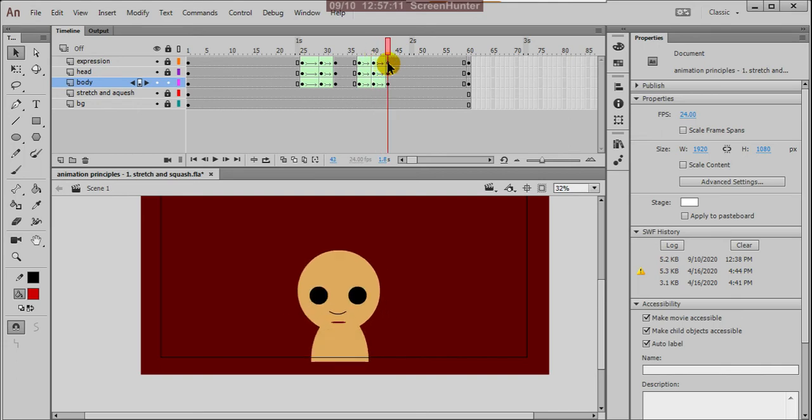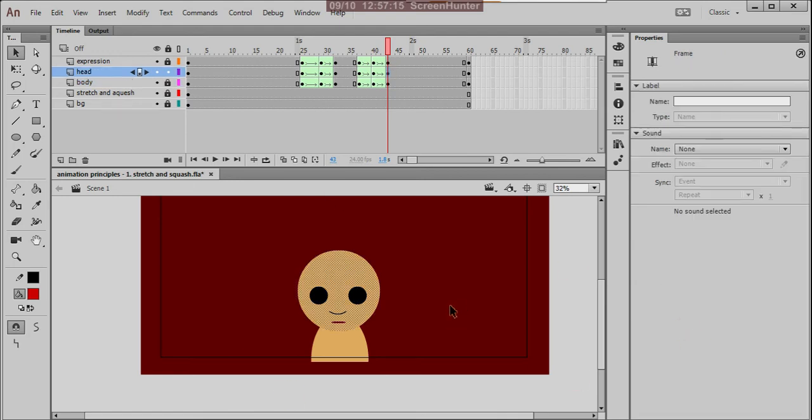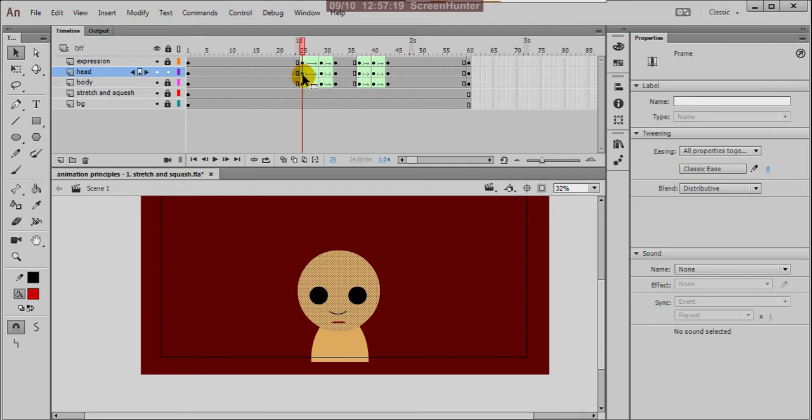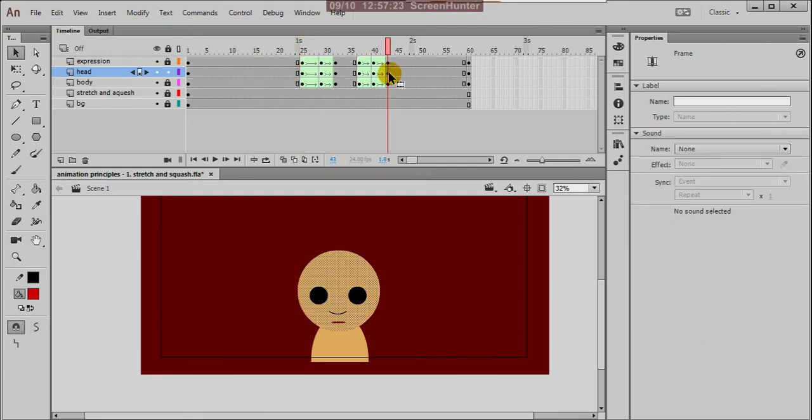So again, what we have to do: this head, I just copied the same head from here, because at the end of the action we have to hold, we have to stand like the first pose.